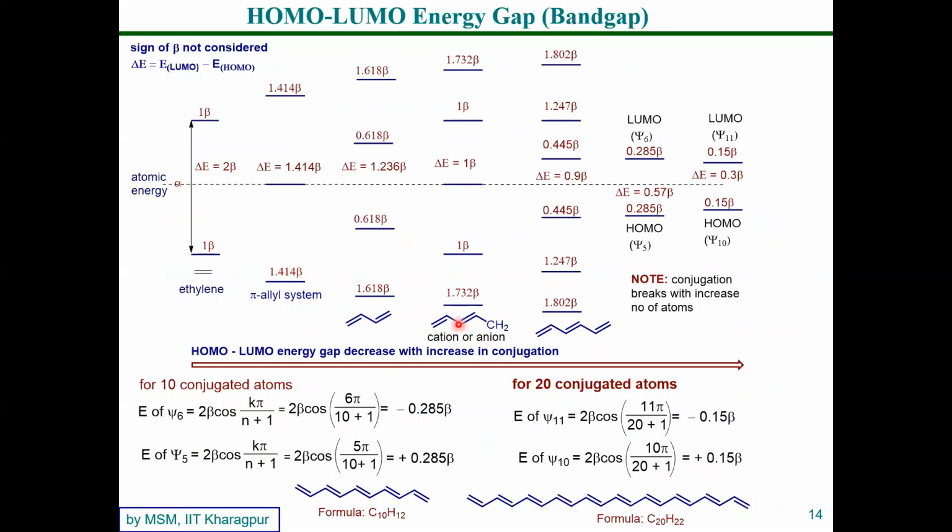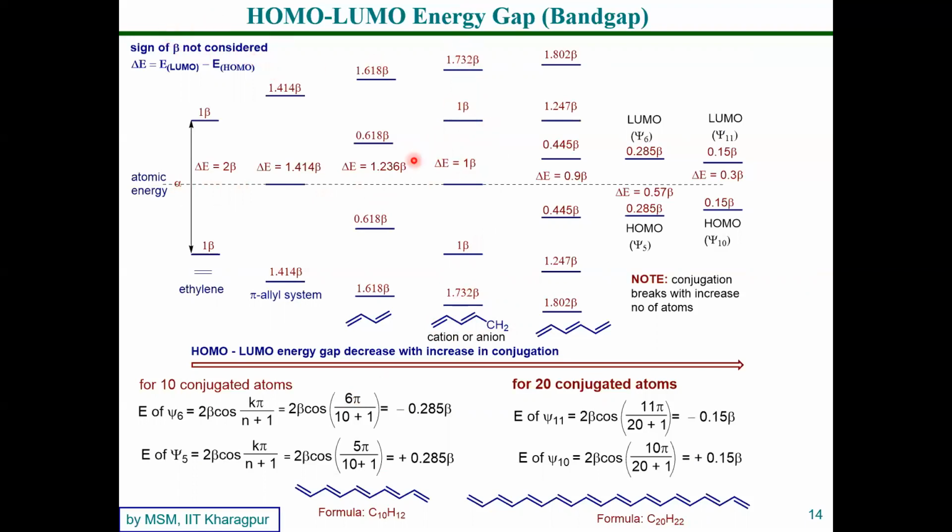So the 5 atoms in a row. When there is an odd number of atomic orbitals, the middle one always comes at the atomic energy level. Then the remaining orbitals are half above and half below. For this one, if you put k equal to 1 and n equal to 5 here, you get 1.732 beta. This is 1 beta, and this is also okay,